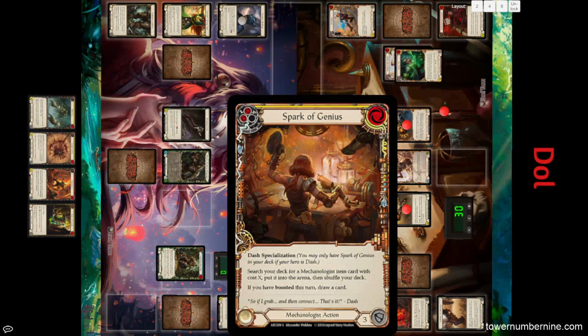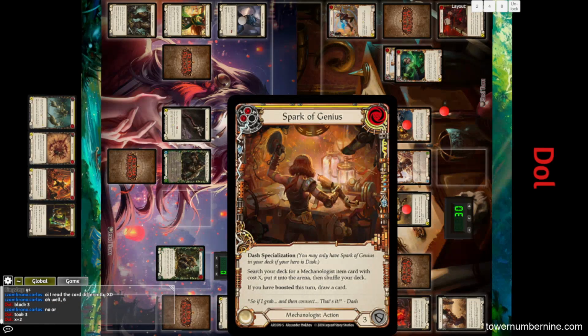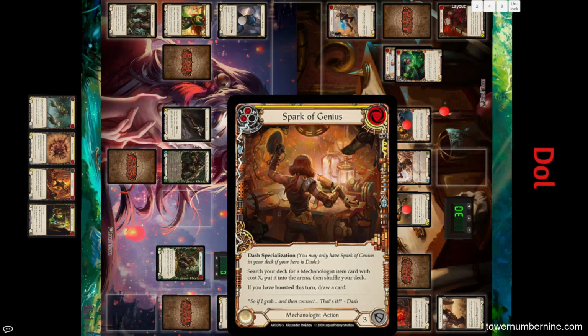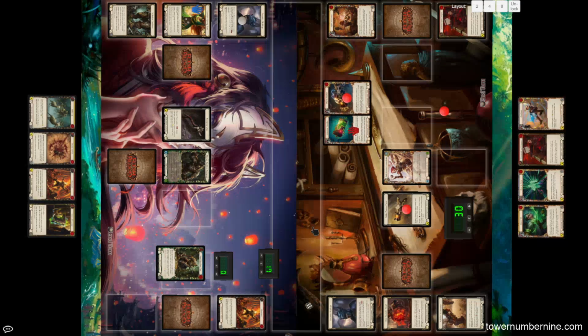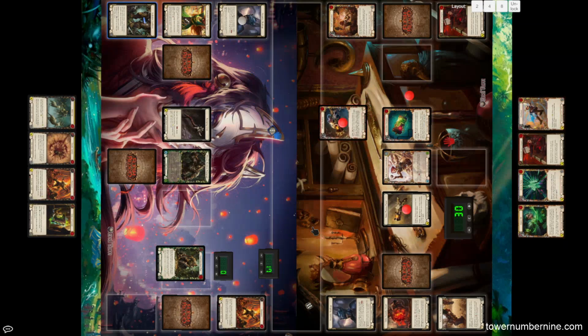So Spark of Genius, search your deck for a Mechanologist item with cost X, put it into the arena, and then shuffle your deck. If you boosted this turn, draw a card. There isn't a boost, but interestingly, this card actually costs 2X. So it's going to cost 4. I should check in whether that's supposed to be 2X or X squared. But in either case, it's going to be 4 for this one. And then we do see another induction chamber coming out here. So essentially, our mech is back to the state that they were before the...